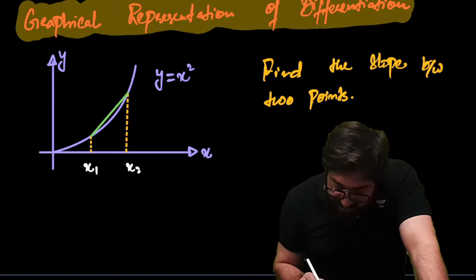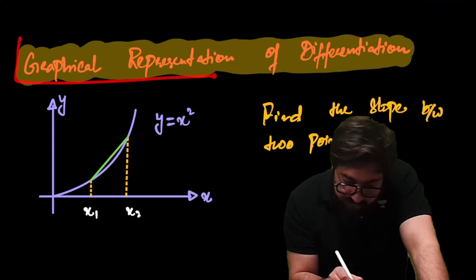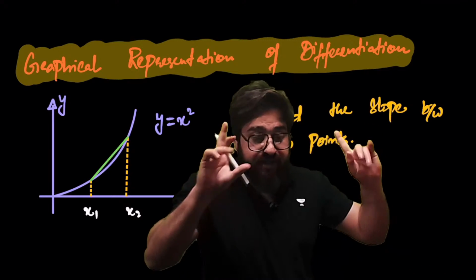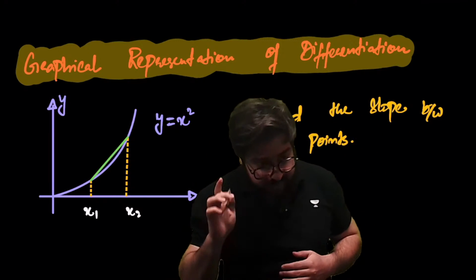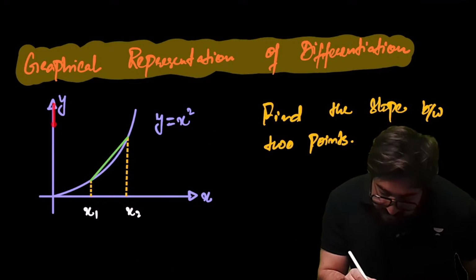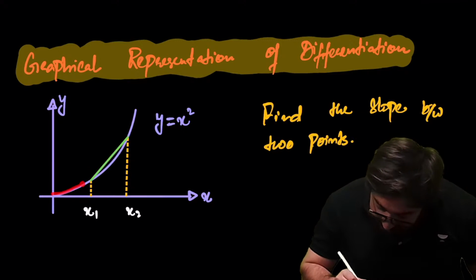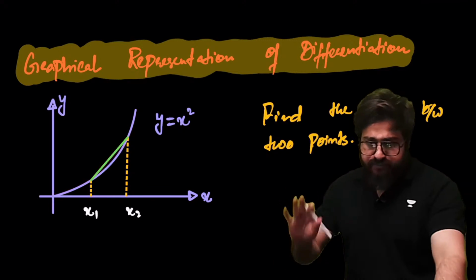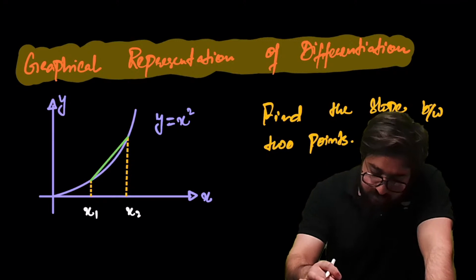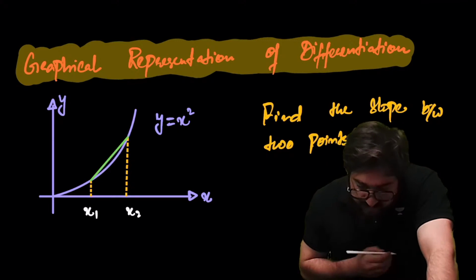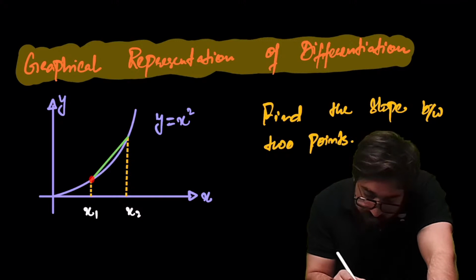Now, the graphical representation of differentiation. What does graphical representation of differentiation mean? Listen to me very carefully. On this axis, you have y. On this axis, you have x. Let's suppose the graph is something like this. If I take this particular point,